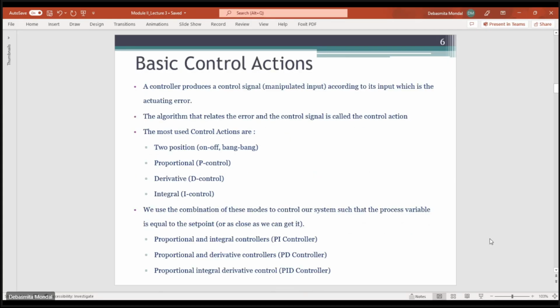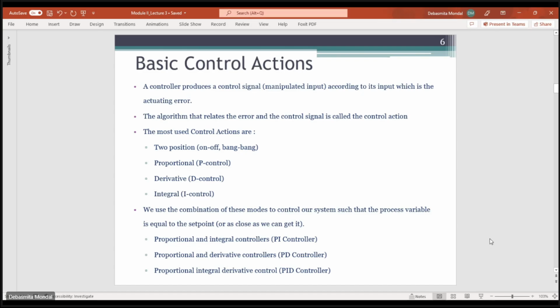So now coming to the basic control actions. The function of the controller is that it produces a control signal, or you can say that it is producing a manipulated signal. That manipulated input is acting as an input to the plant or the process that you are trying to control. And this control signal which is generated by this controller depends upon the input which is generated